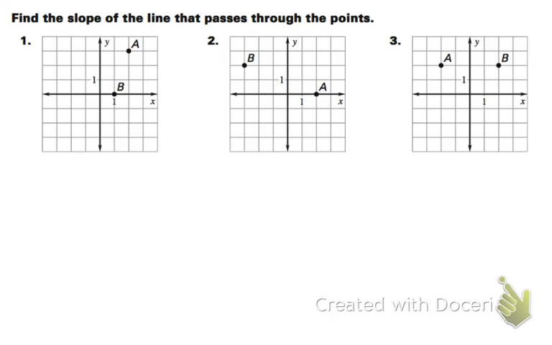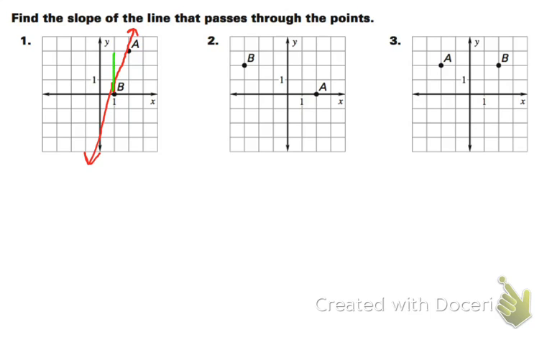Alright, this says to find the slope of the line that passes through the points. So the line is going to be going through points A and B. The way you can find the slope is you want to figure out the rise over the run. So I'm going to choose 2 points on the line, points A and B, and I'm going to see how